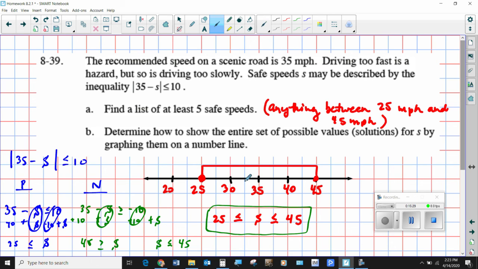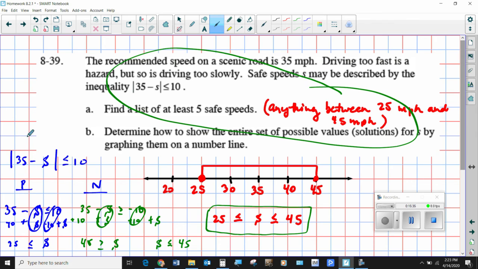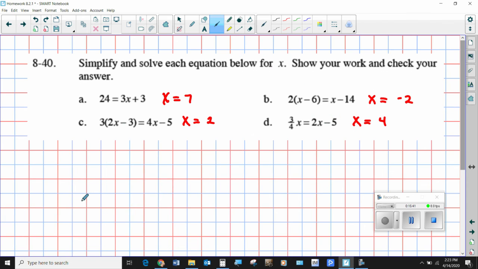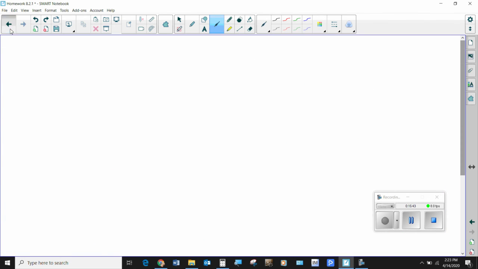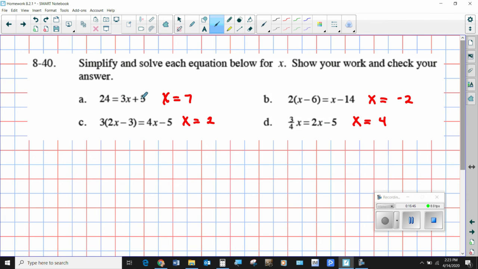So yeah, hopefully you just sort of understood this logical part of it. Understanding how to do this part right here, that's not as easy to do. All right, last problem, I think. Last problem, solving equations. I'm assuming most of you know what to do here, but here you would take away